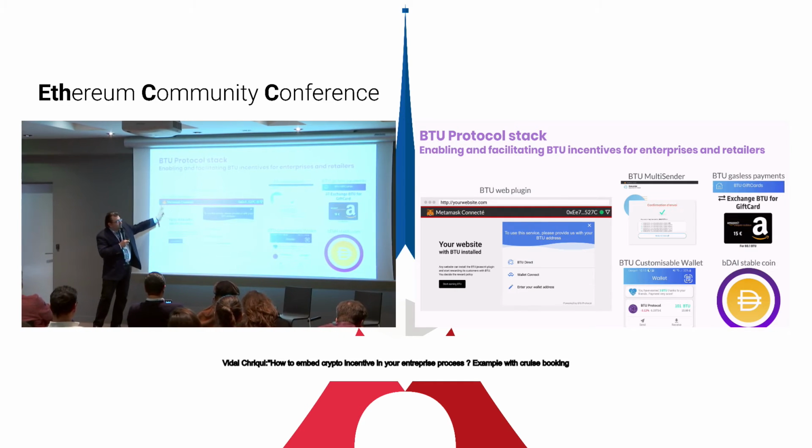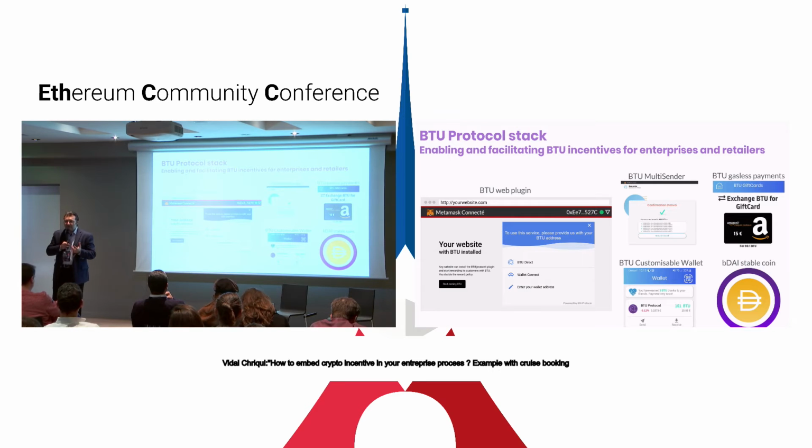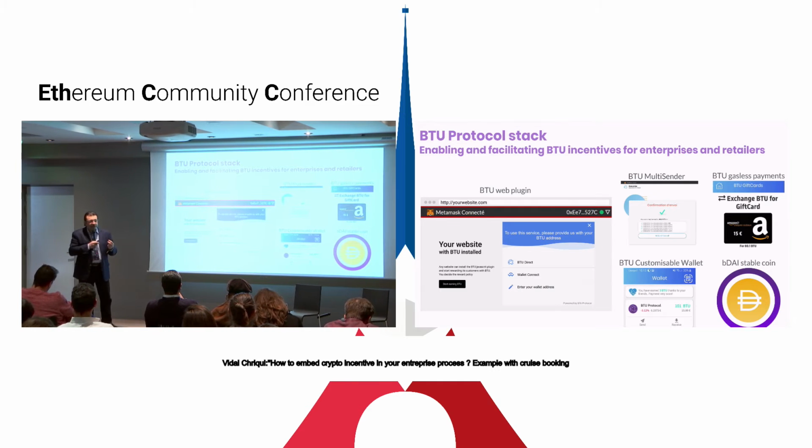Here, you can see it's this black bar that collects the Ethereum address of the user to be rewarded, and we give all the tooling so that we can collect the address and reward the user after the checkout. We have BTU multi-sender. Enterprises need, in a low-cost manner, to send many tokens to many users. We have a gasless payment. Here it's a screenshot of our crypto